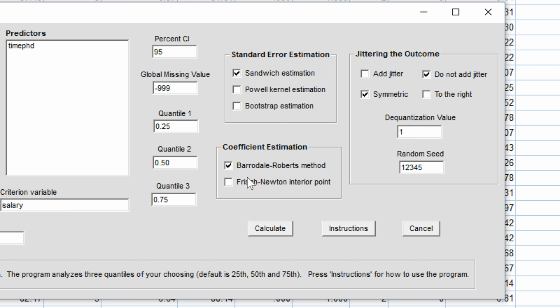For the coefficients, there are two options, and the Barrodale-Roberts method is kind of the traditional. Again, the primer goes into those in more depth. Jittering, I'm not going to go into here. Again, I covered that in the primer, and if you need to jitter your outcomes in order to get an effective solution, then that gives you the option to do that. So in this case now, I'll just hit calculate, and it'll give me the three regressions. So I hit calculate,